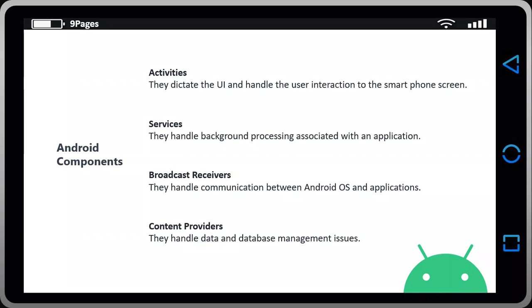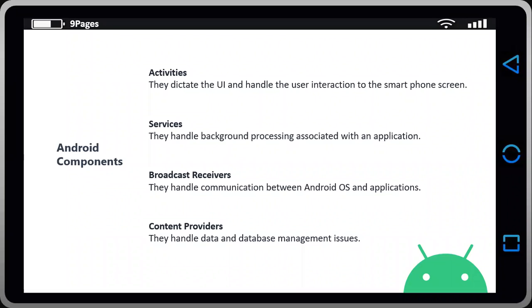And lastly, we have content providers. A content provider component supplies data from one application to another on request. They handle the data or database management issues. Such requests are handled by the methods of the content resolver class.